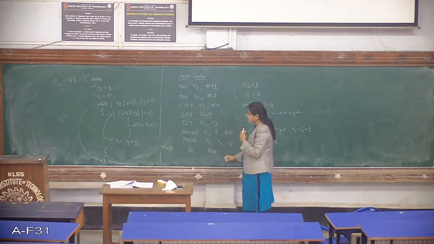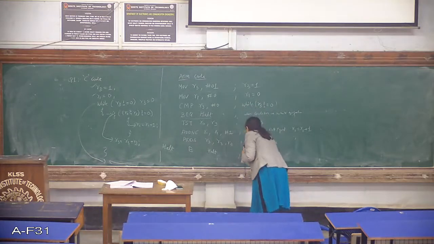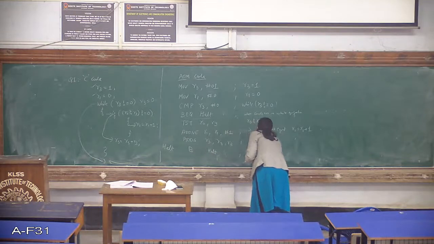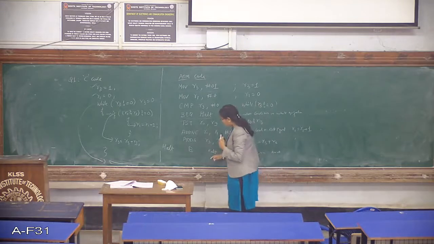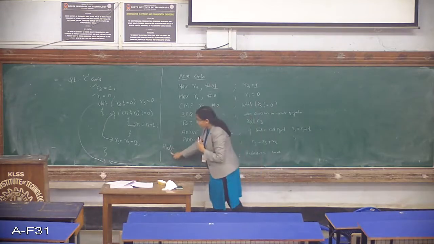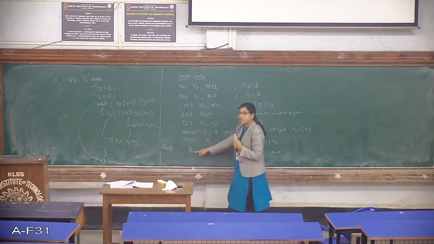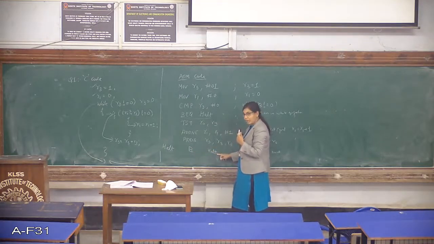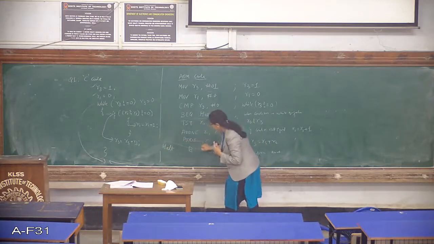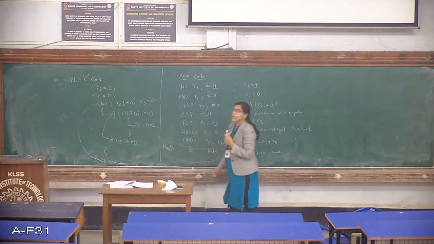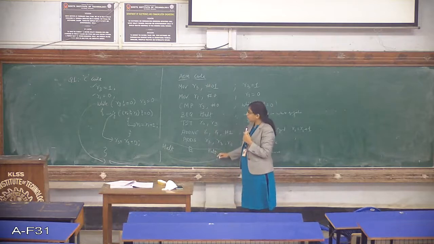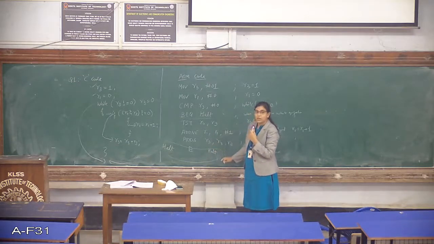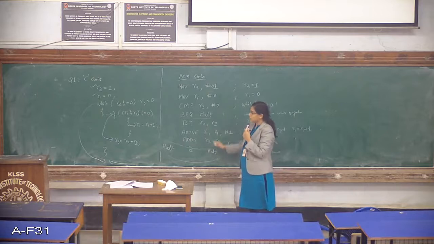And then the last instruction is an unconditional branch to the same line. So you can see branch halt. Where is the label halt? The halt label is here, so it will come here again. What is the instruction again? It is branch. And where should it go? To the label halt. So continuously this instruction is infinitely executed here. Okay, so this is how we write an assembly code for a C code which has been given.